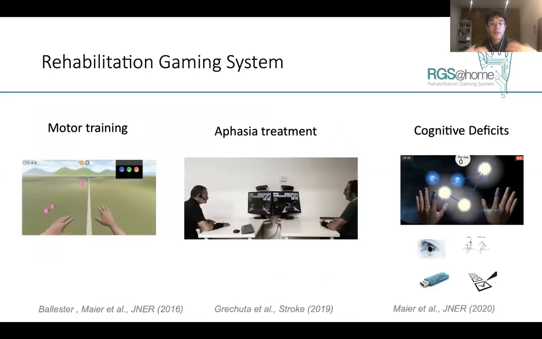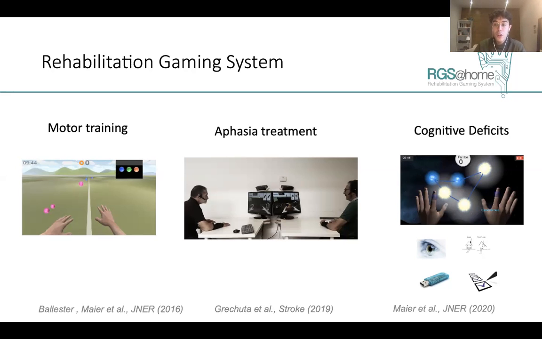has led to a set of studies, for instance, in treating motor impairments by activities such as grasping balls that are bimanual, so patients have to use the affected or the unaffected limb. Protocols which include aphasia treatment in a way that it is a dyadic protocol, that patients interact with other patients in a more realistic environment than conventional therapies, which might just include, for instance, word retrieval.